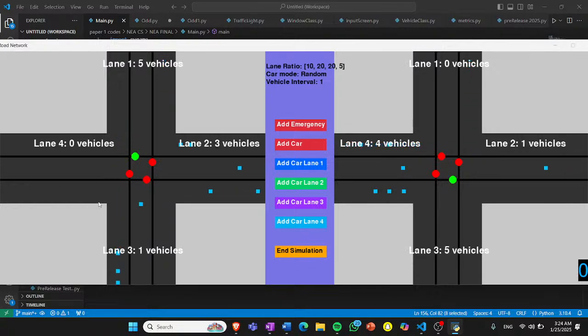The add car to lane button allows us to manually add cars to a lane regardless of the lane ratio. So add car to lane 1 added a car to lane 1, add car to lane 2 added a car to lane 2 on both simulations. So with lane 3, so with lane 4. Then under the same test, test number 13 was add car to lane, and test number 14 was add emergency